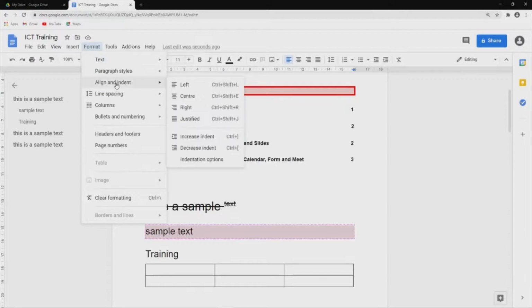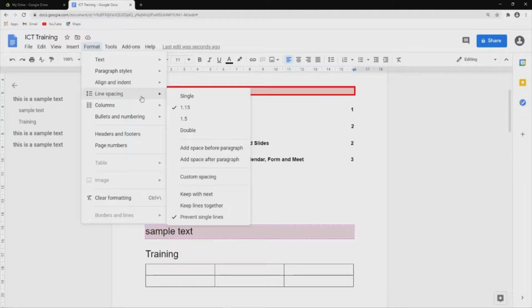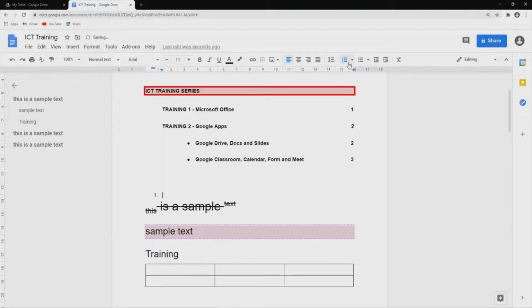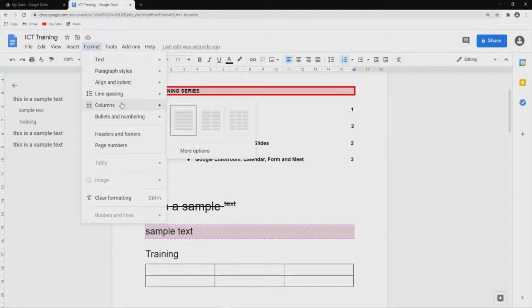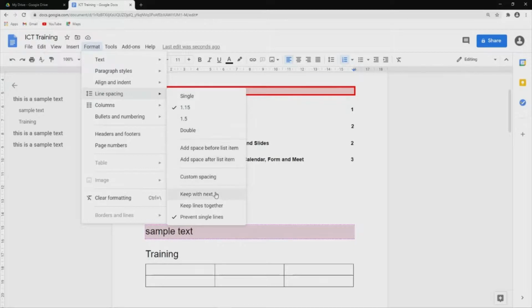Next is the align and indent. So basically this is the same with these icons right here. Next is the line spacing, basically the same to this one, but has add spacing for paragraph. Yeah, the same with this line spacing. Alright,